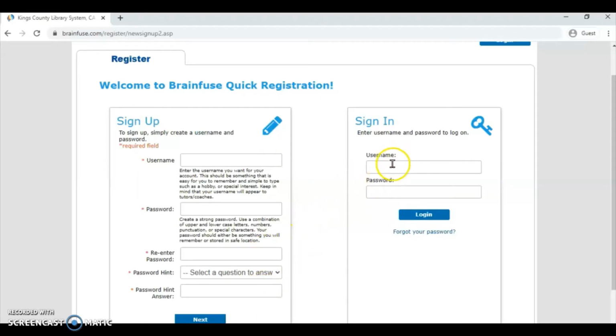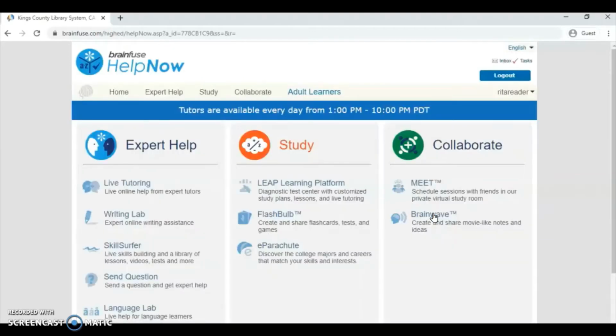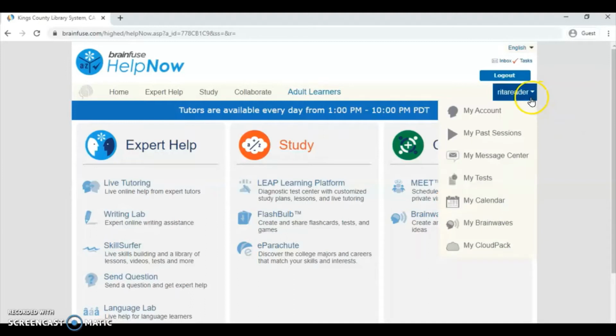Once you've created your account, then you can type in your username and password for instant access. I've already created an account, so I'm going to type in the credentials right now. And then press login. Okay. And the way that you can tell that you're logged in is that your name is now shown underneath